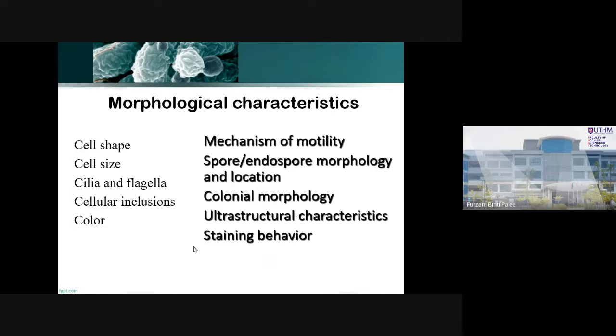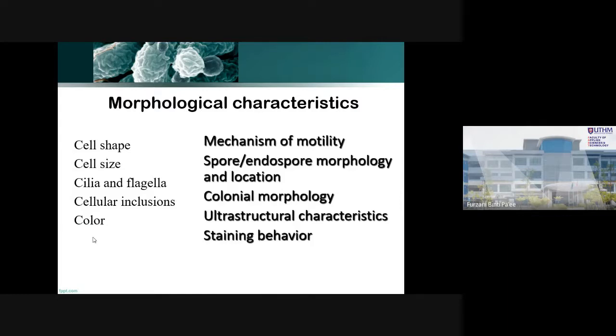These are the characteristics or the criteria or the parameters for the morphological characteristics. So when we talk about the morphology, it means the shape or the outer layer, something that we can see. So for example, cell shape. The shape of the bacteria can